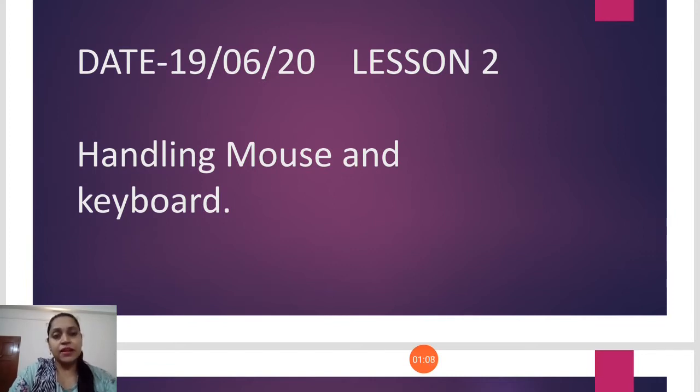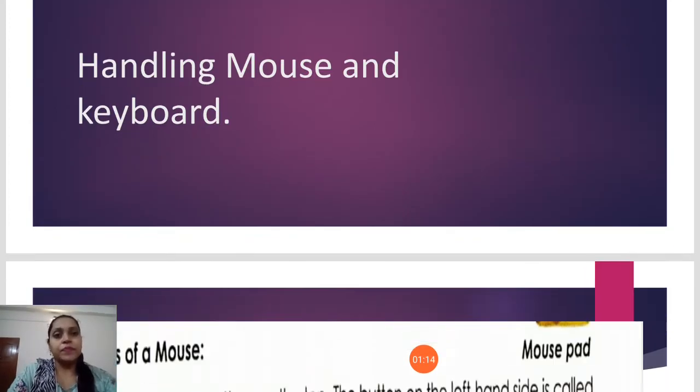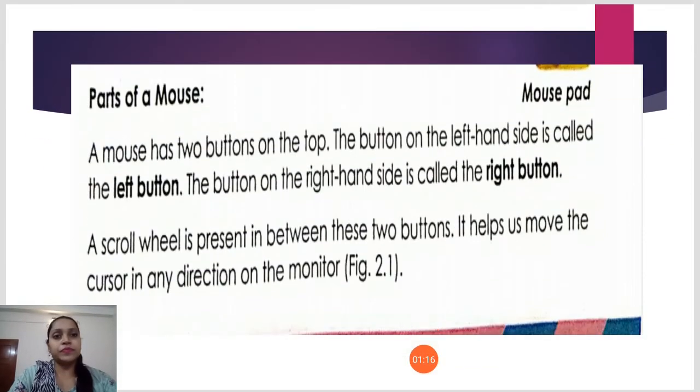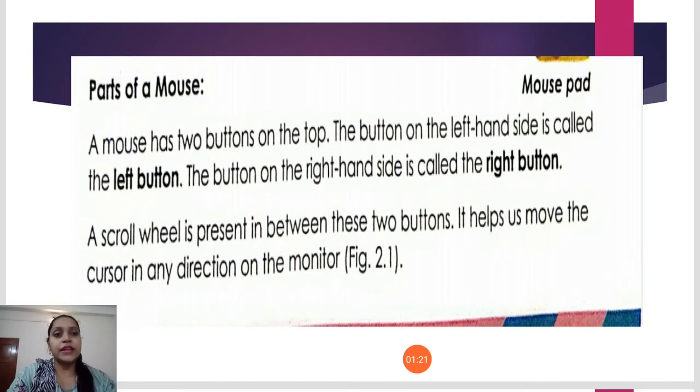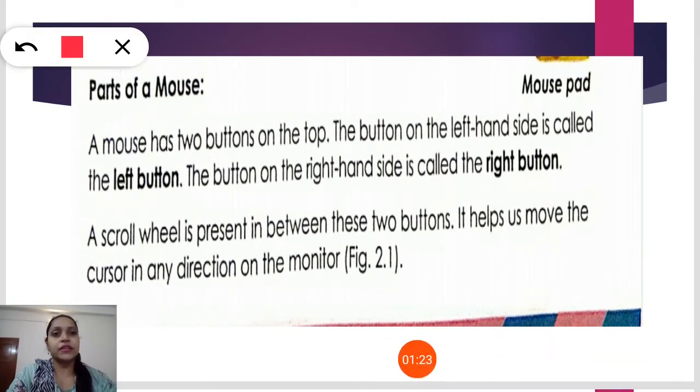So shall we start? All of you take out your computer textbook and take out lesson number 2. Just children, you see on the screen, it's given children parts of a mouse. It's given a mouse has 2 buttons on the top. The button on the left hand side is called the left button, and the button on the right hand side is called the right button.